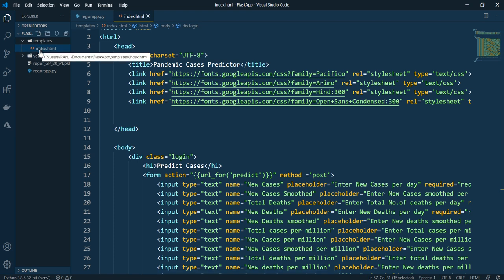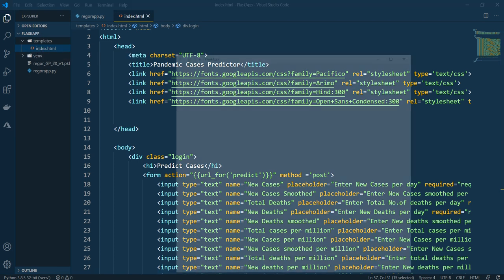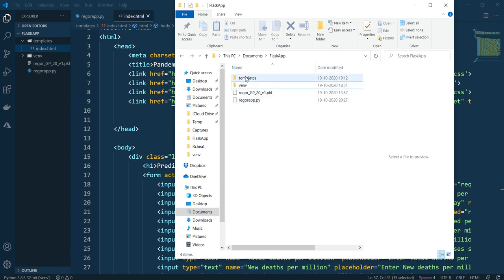If you want to see how it looks, this is my Flask application, and inside it I have my regression application. It should reside outside your templates folder, and inside the templates folder you have your index.html. So this is how the directory should be.